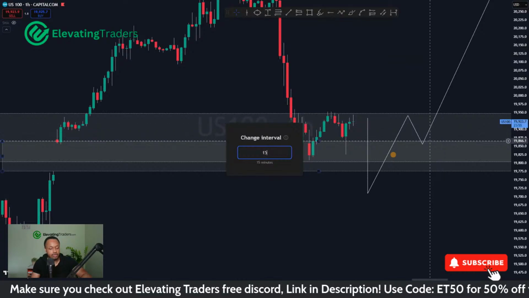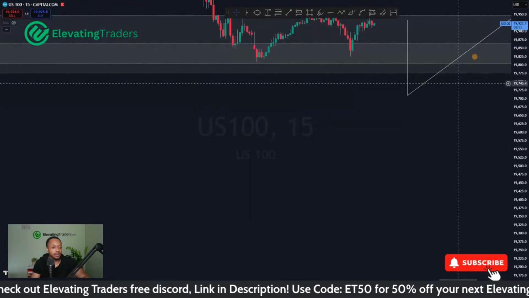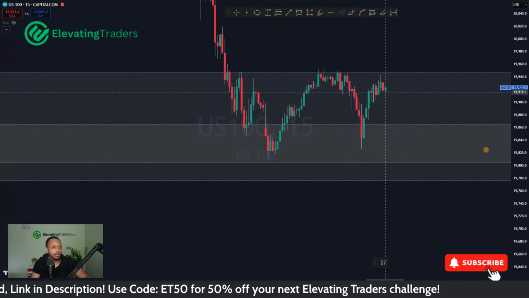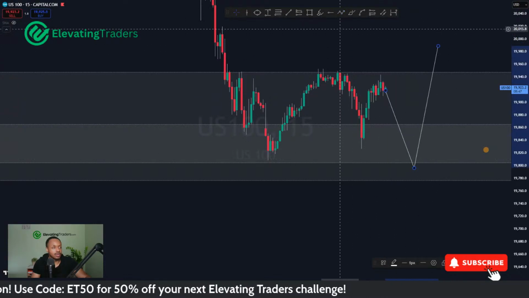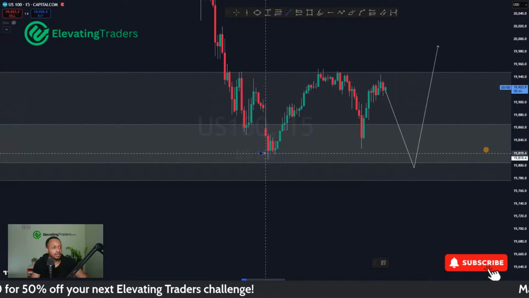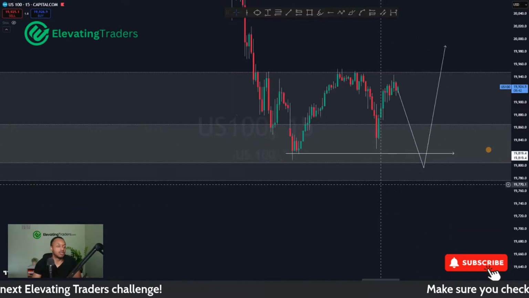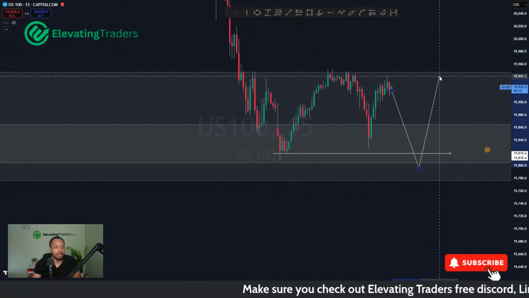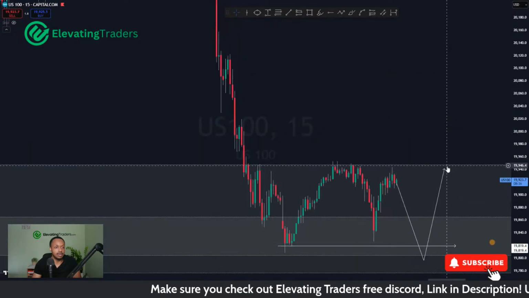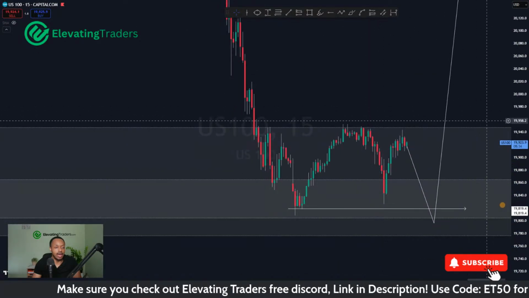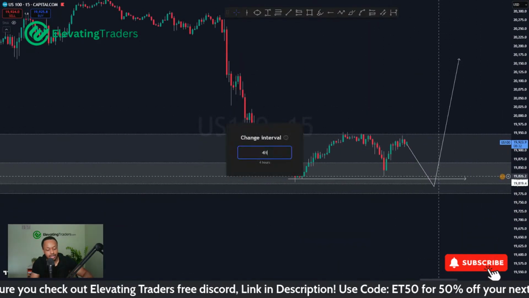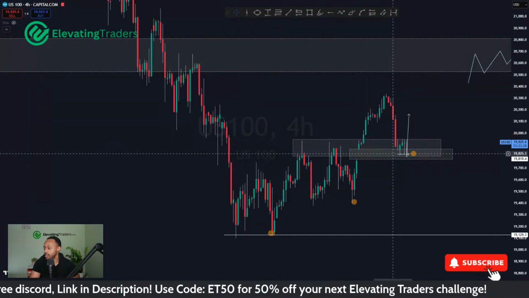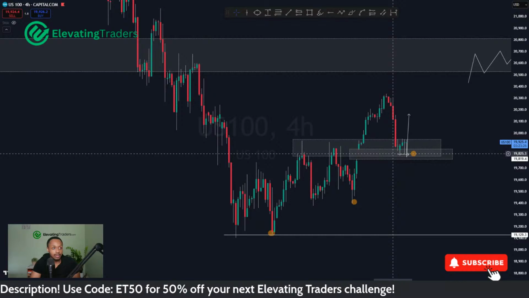On the lower time frames, we're kind of just very flat right now, but let's say if we're to push back to the downside and spike the low, I think that would naturally be a nice place for a long, solid support down there. I think you'll be able to find a nice stop loss, nice entry, at least swing it back into resistance again. But I do think we can go a lot further than that. So yeah, I do like Nas here on the lower time frames. Nice little level of support, but I do think we can see some upside from that area.